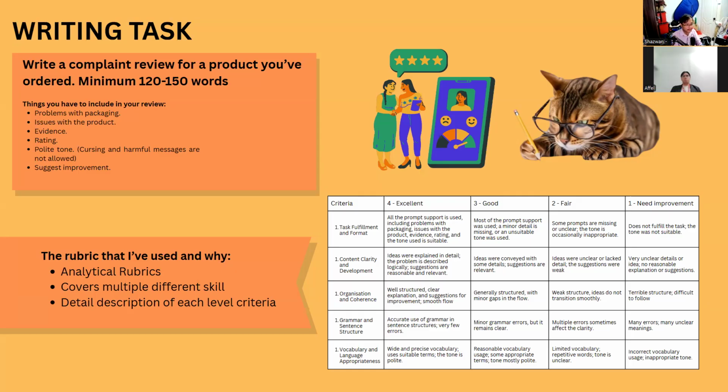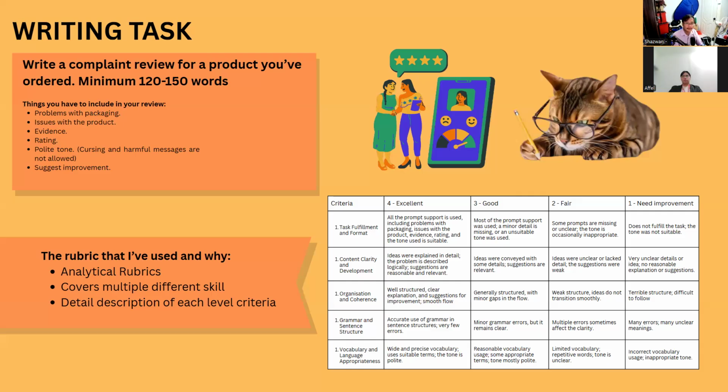And the rubric that I've used is the analytical rubric, essentially because it covers multiple different skills. As you can see here, there are 1, 2, 3, 4, and 5 skills that it covers, unlike other rubrics where it covers only one skill and like 5 levels. For this one, each criterion has its own levels and its own description to tell us what we expect from it. The description is very detailed and very different from each one. It's not the same. So the teachers can know